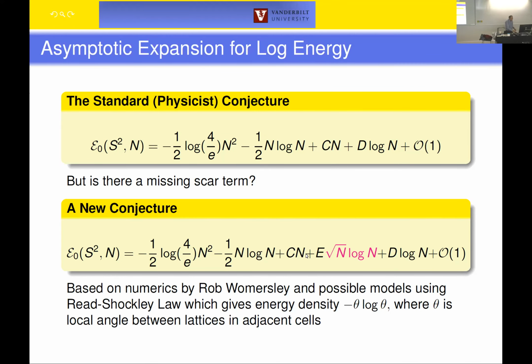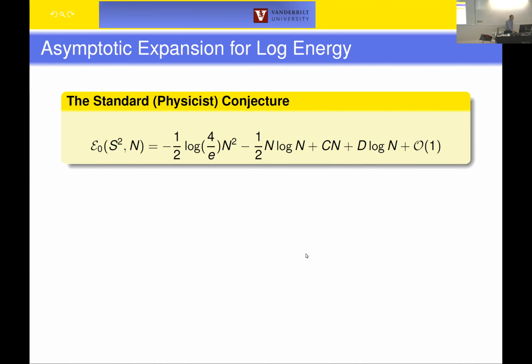Okay, I wanted to go back one slide here. This is the standard physicist conjecture about the asymptotic expansion for the minimum logarithmic energy. Minimum logarithmic energy plays an important role in the so-called Smale's conjecture, and it consists of an n squared term, an n log n term, an n term, and then followed by the log term, which was the essential